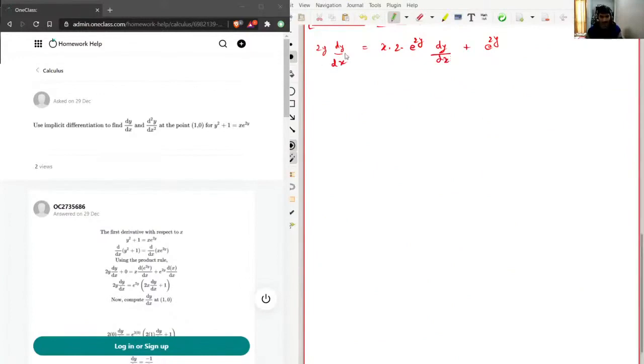Now I'll again differentiate this equation with respect to x, and now we'll have some special treatment for this dy by dx term. When we differentiate, 2y is taken as one function and dy by dx is another function. So we'll use the product rule between 2y and dy by dx. First we'll keep 2y constant,